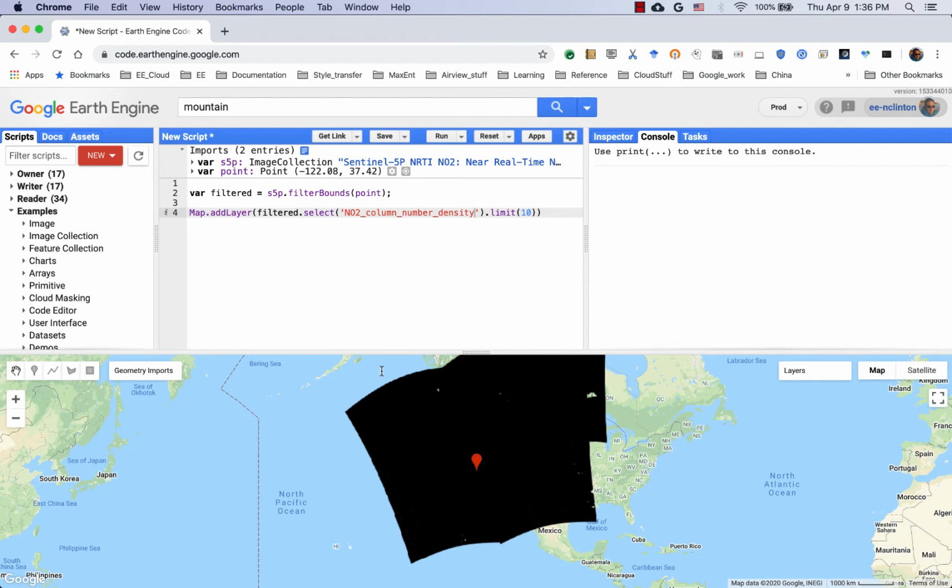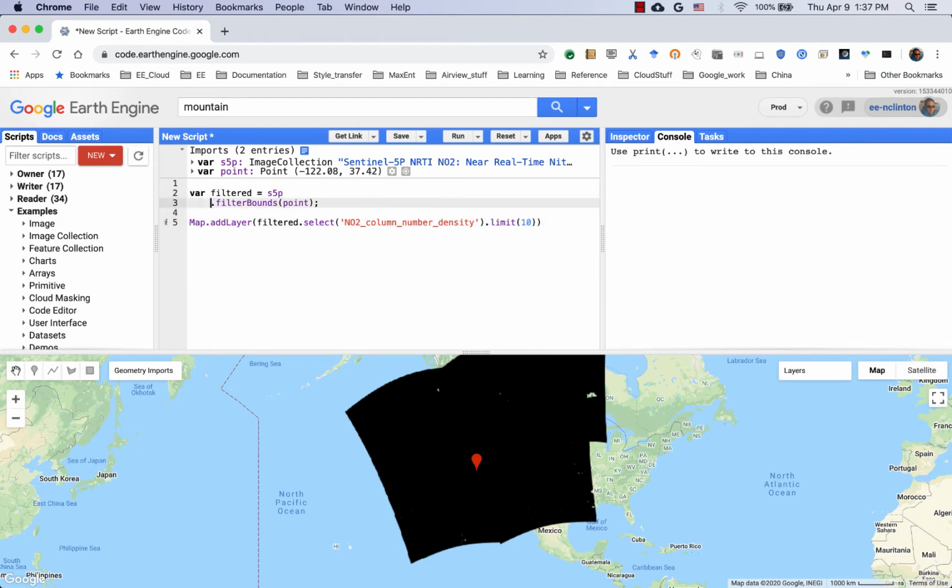So that's why we're getting all this stuff. And we can tighten that up if we want. But for now, I'm going to make this a little bit easier on us. I'm going to take all this stuff out, and I'm going to start adding stuff to the filter. So we've got a filter bounds, which is what's getting us